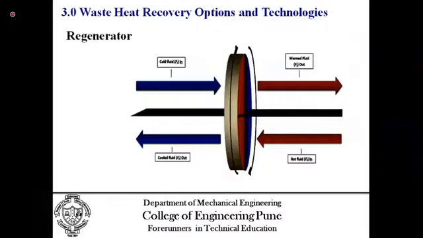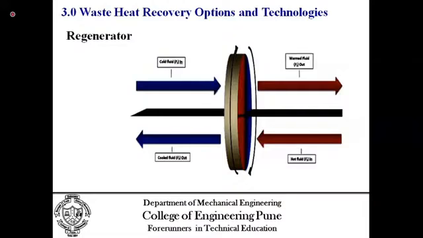When I say that they come in contact with each other, definitely someone will ask, sir, what is the difference between this and the jet condenser, wherein the steam and cooling water come in contact with each other? They are direct contact heat exchangers. This is slightly different. What is the working principle of the regenerator?